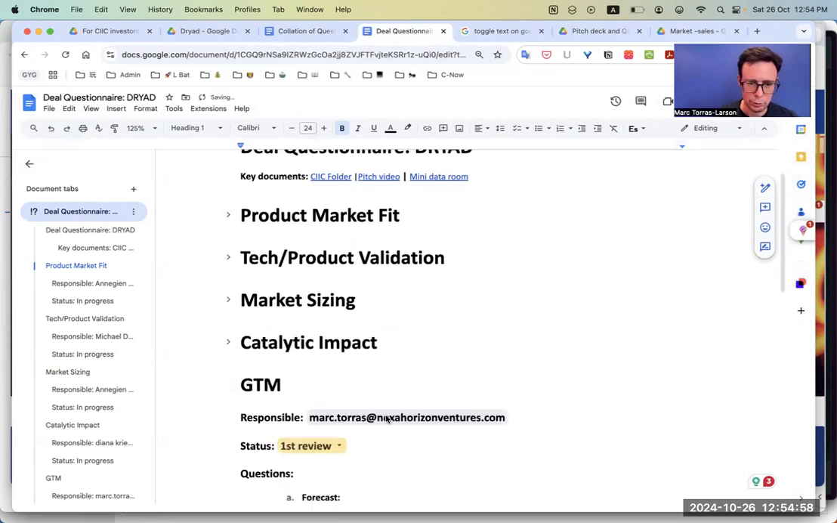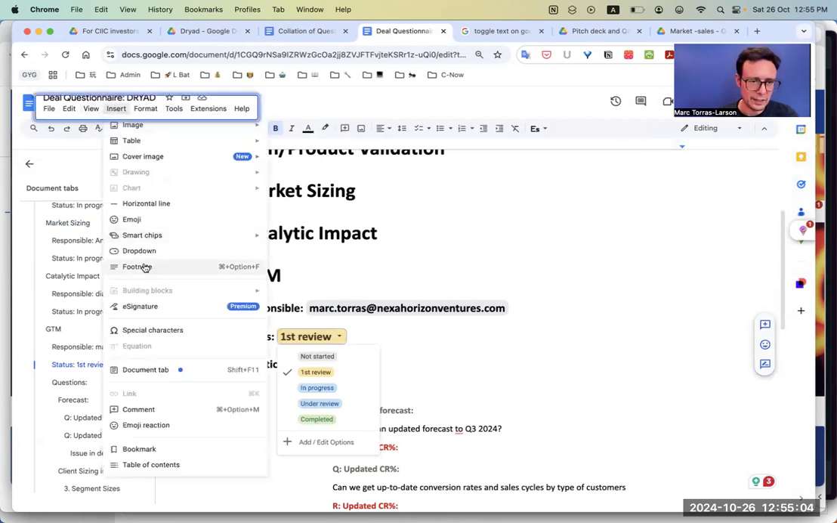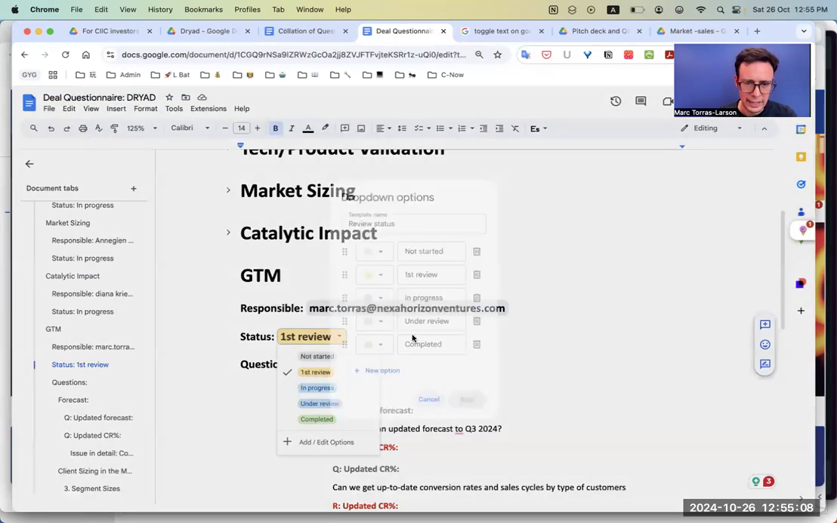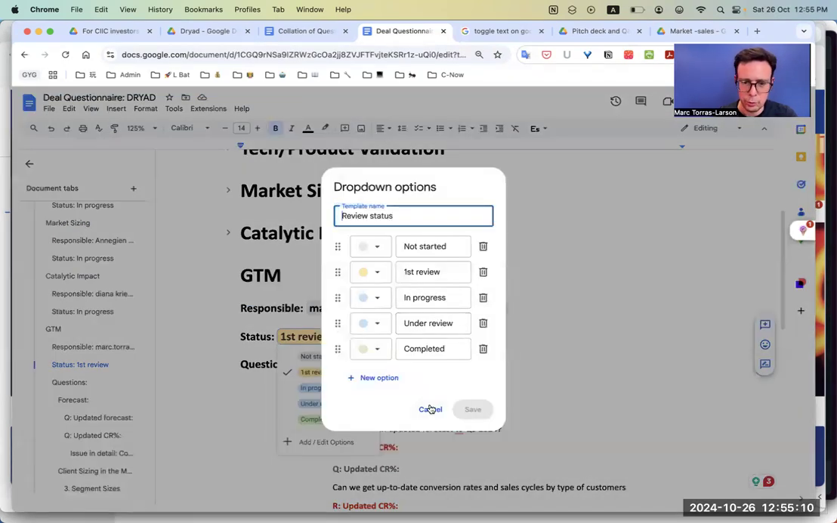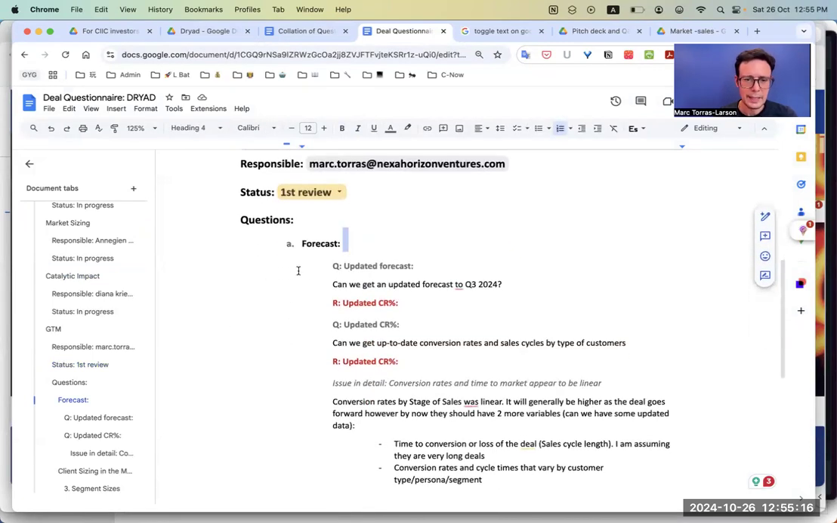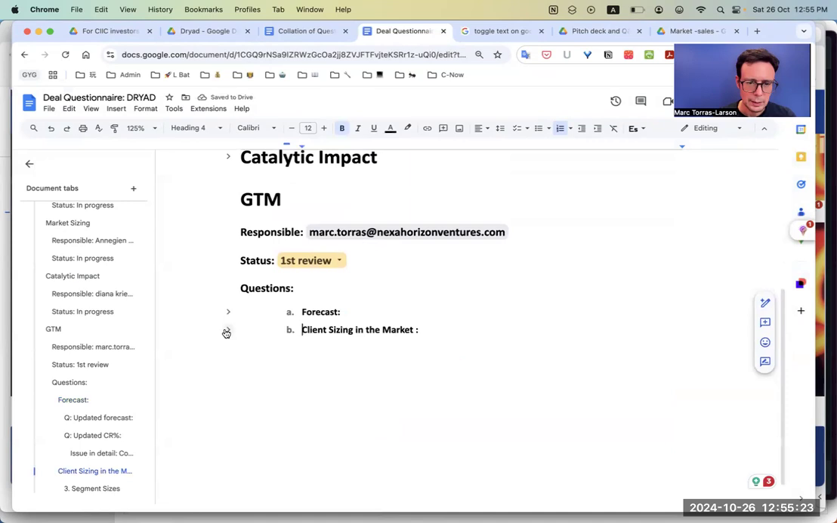And for example, here in go-to-market, responsible mark, I created this drop down, which is basically a thing that you create here, drop downs. And for example, here I'll go and edit, and you can change it in any way you want. And here saying, hey, I'm on first review, under review, in progress, and so on. And the beauty of this is I opened it, and then here I can close it,